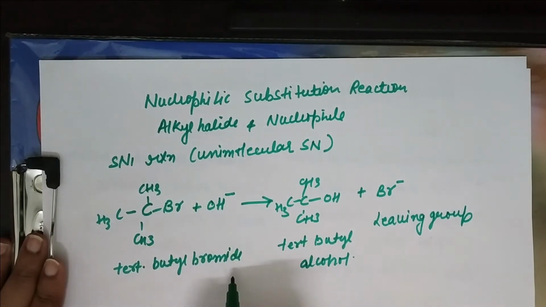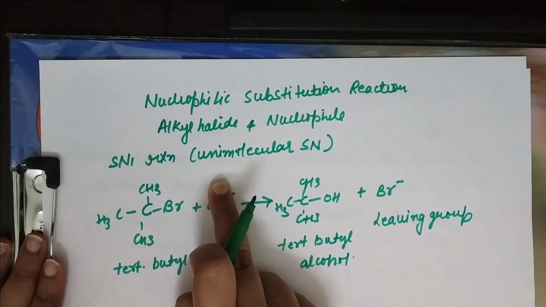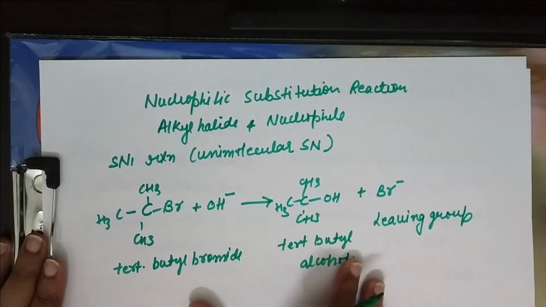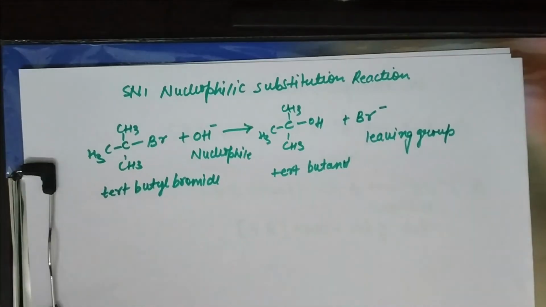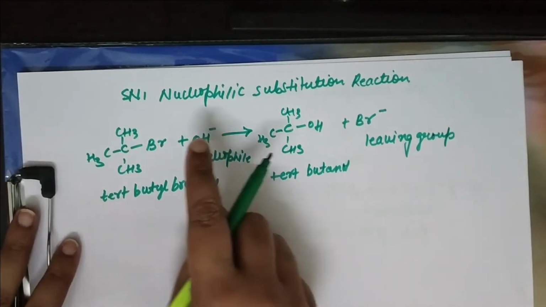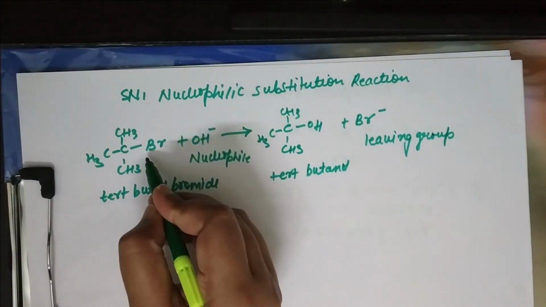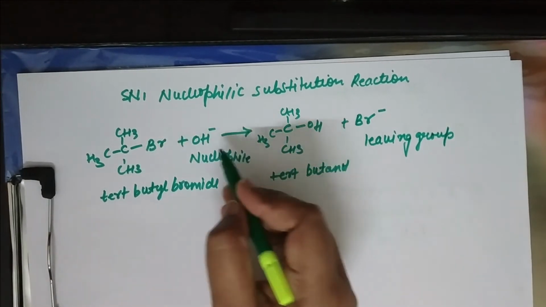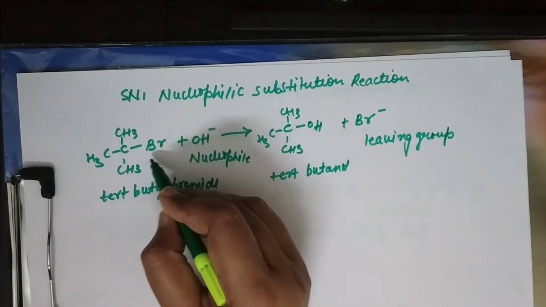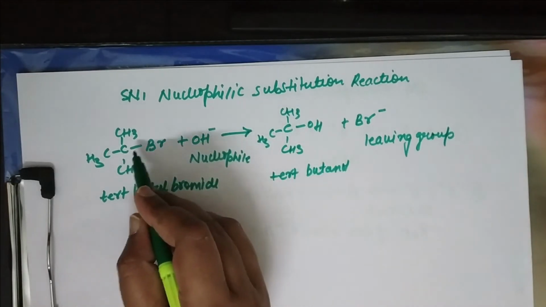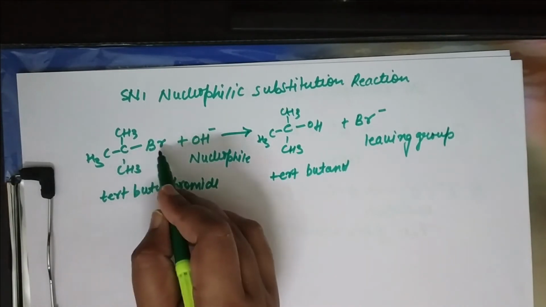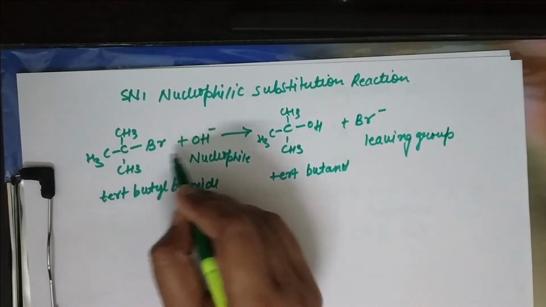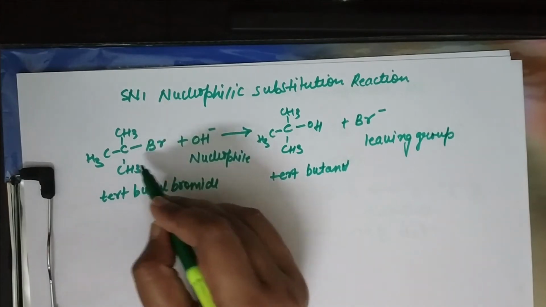So ultimately the SN1 reaction is a unimolecular reaction, as it depends on the concentration of substrate only, which is alkyl halide. So the SN1 reaction generally takes place in two steps. The first step is the slower one and the second step is the faster one. You can see the nucleophile OH minus will replace the bromide ion. See, the bond between carbon and bromine can be easily broken and the OH can easily replace this bromide ion. So the energy to break this bond between carbon and bromide is less, and when OH forms a bond with this carbon, the energy is utilized to break this bond.